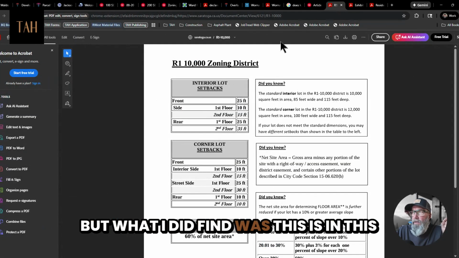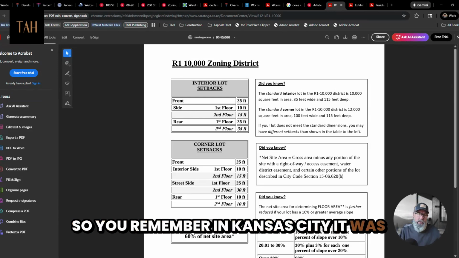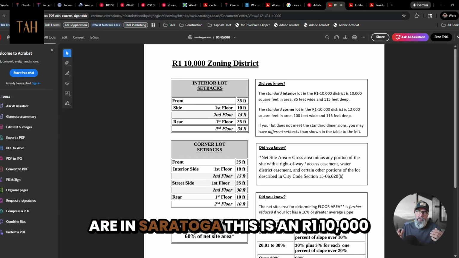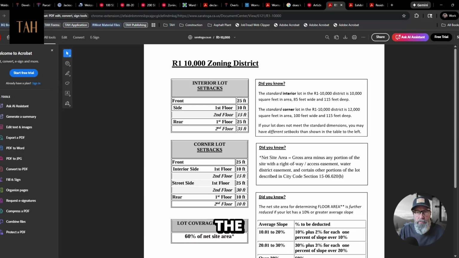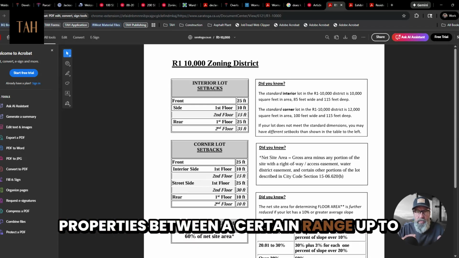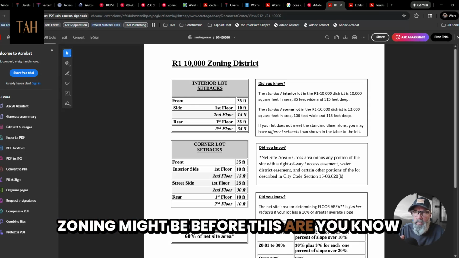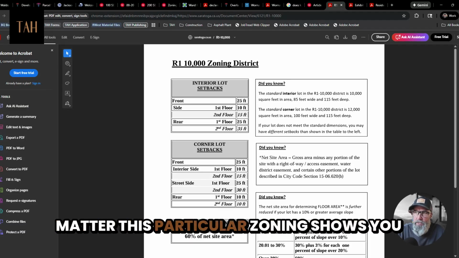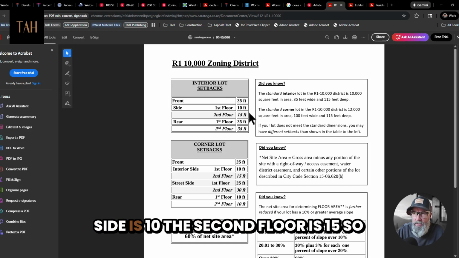But what I did find was this is, in this case, R1 10,000. So you remember in Kansas City, it was R6, which is 6,000 square feet. This is an R1 10,000 in Saratoga, which means it's governing all of the properties between a certain range up to 10,000 square feet. So the other zoning might be before this, R 9,000 or 8,000. I'd have to go back and check. It doesn't matter. This particular zoning shows you that the front setback is 25 feet, the side is 10, the